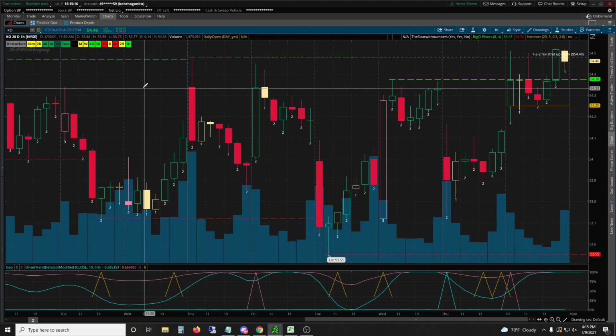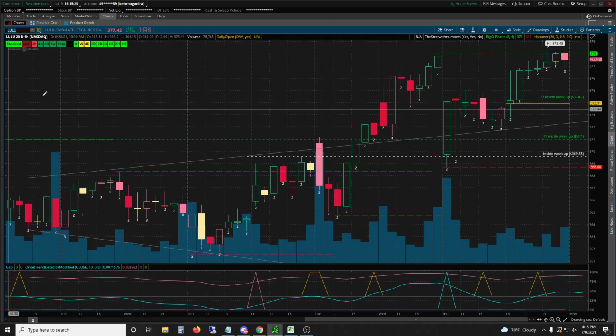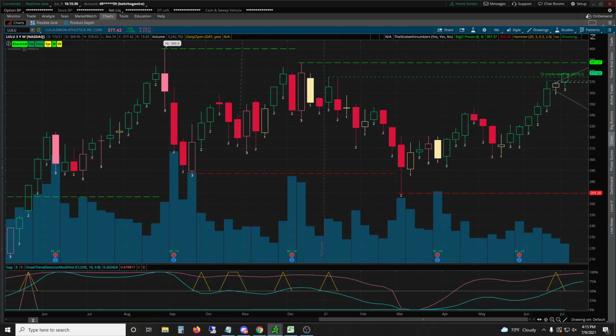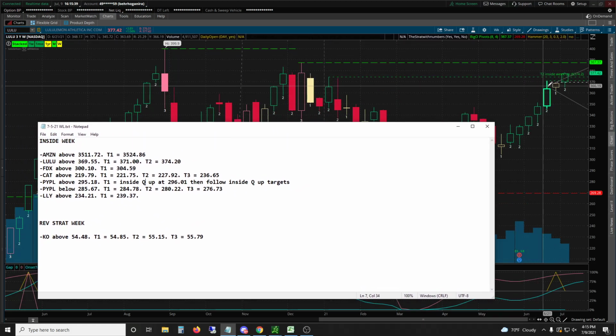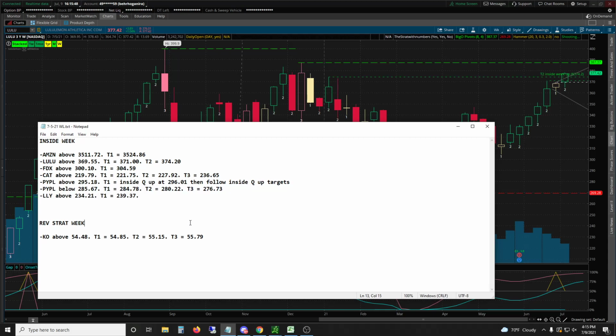But if you take a look at this, let me go back before I pull that back down here. So if you look at this, Amazon was a huge winner. Lulu was a pretty good winner here. Broke target 1 and target 2 and went a little bit higher. And if you practice good risk management on the rest of these, you probably still made money this week,